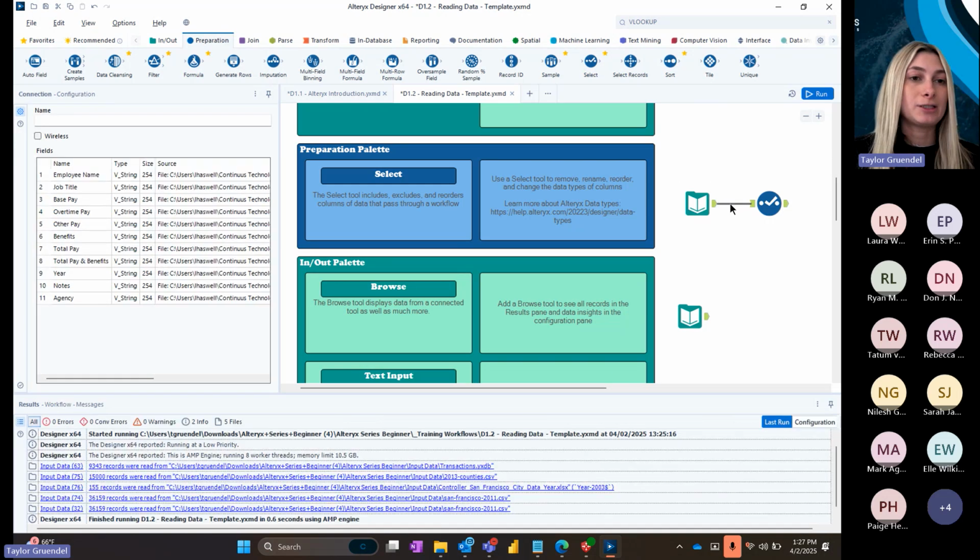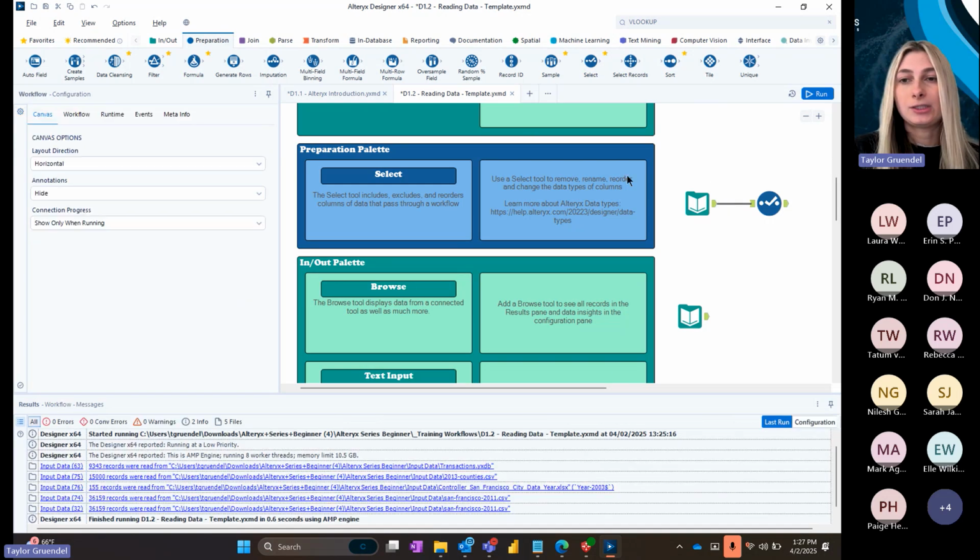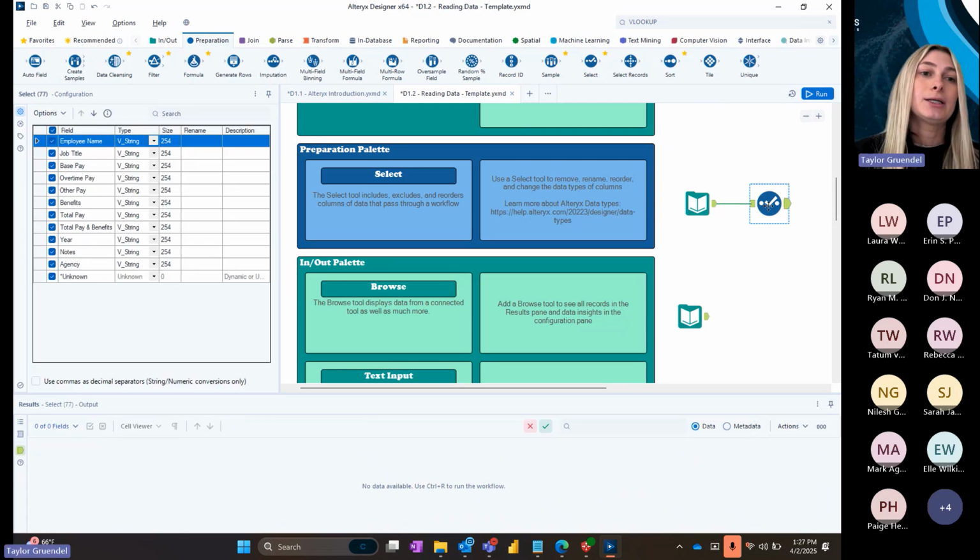But you'll see that option to delete the connection and start over. So I can always just do that. And then we can use that output anchor to reconnect with that select tool. Now, the reason that the select tool is super important for our workflow is, one, we're able to change column